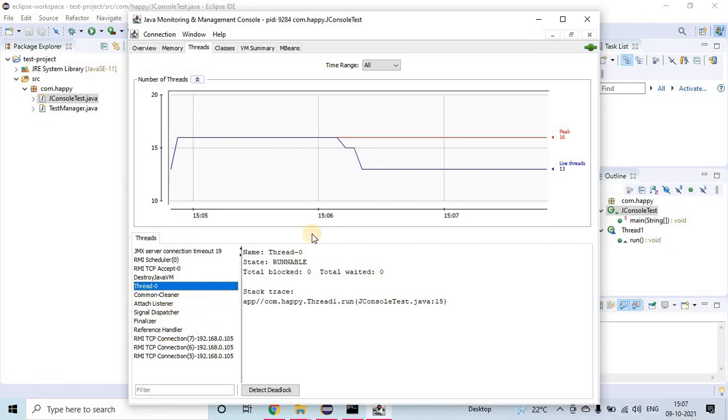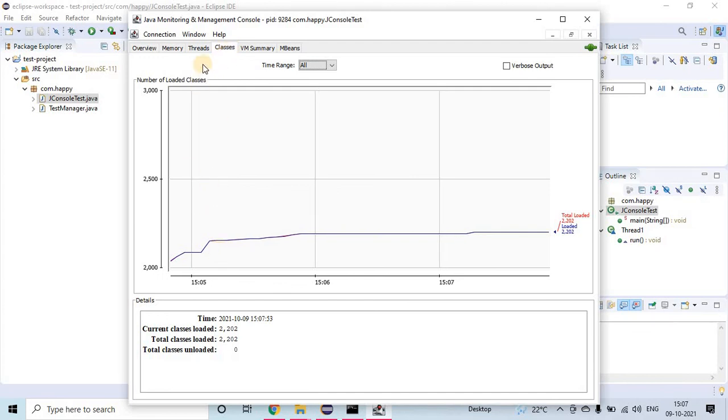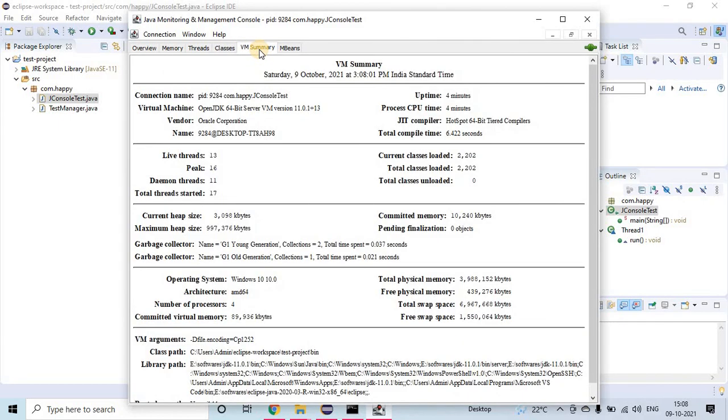It will show all the threads available. And then the next tab is the number of loaded classes, where it shows all the loaded classes available. And then this is also very important, guys. This will give a lot of details.